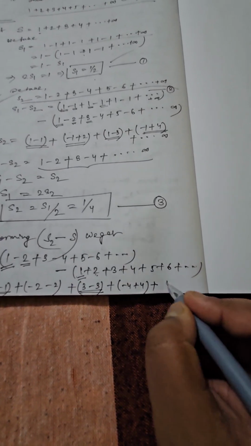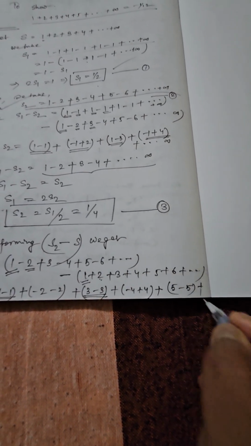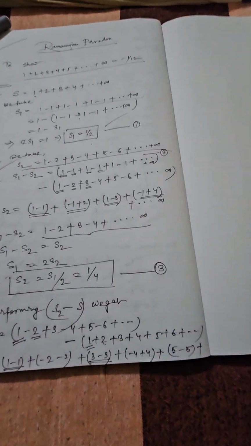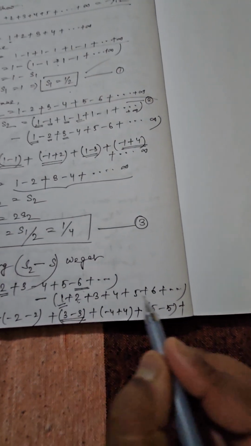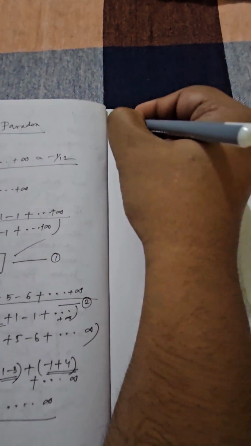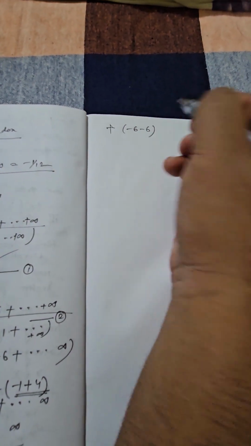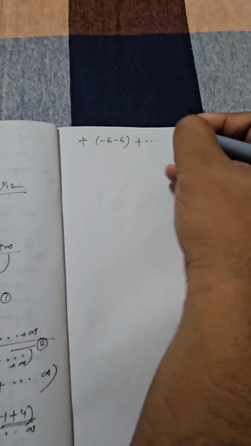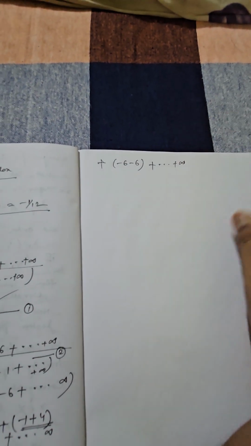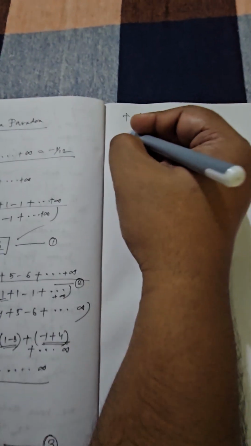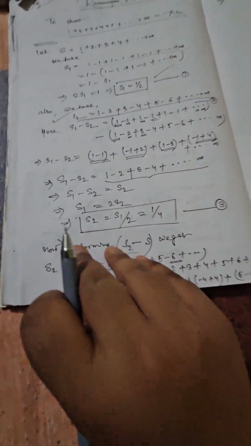Similarly here you will get what? 5 minus 5. Moving on in this fashion, you can see the next term will be what? Minus 6 and minus 6. So I can write in this way, minus 6 and minus 6. So we can carry up to infinity in this fashion. But what does it mean? It means S2 minus S